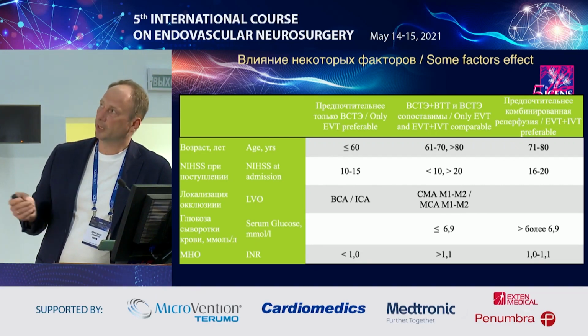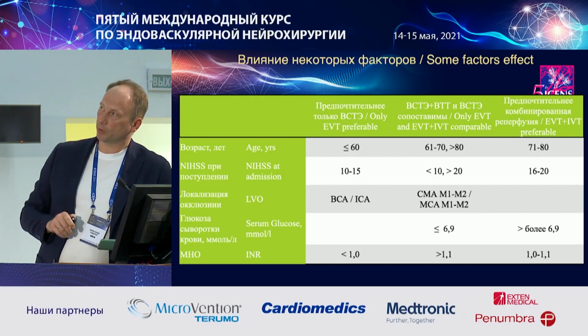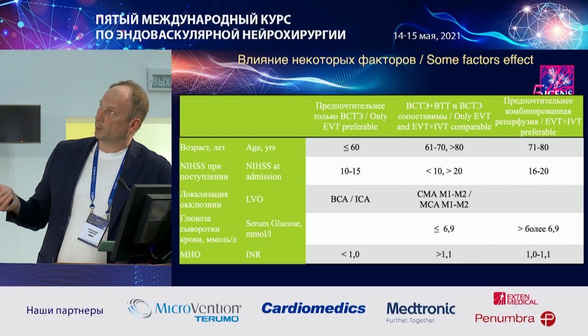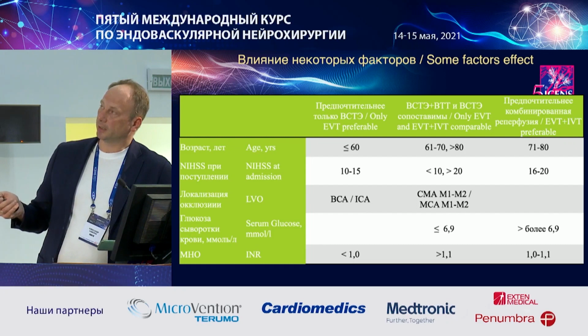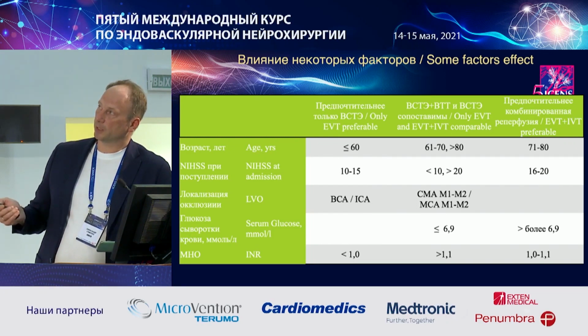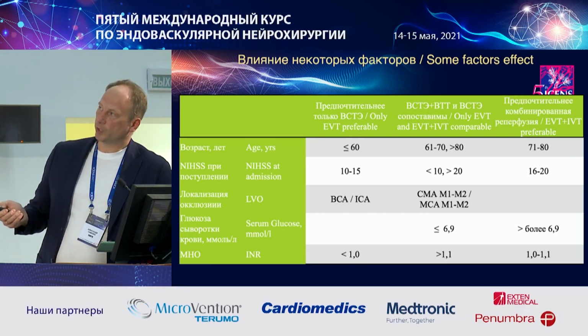But it's not only difficult to say how to combine these two techniques, it's also the most expensive group to treat in terms of such criteria as age. The patients over 60 benefit from thrombectomy alone. This is most likely because they have more or less healthy vessels, unlike elderly people, and thrombolysis is beneficial for people over the age of 70, while in patients over 80, you can